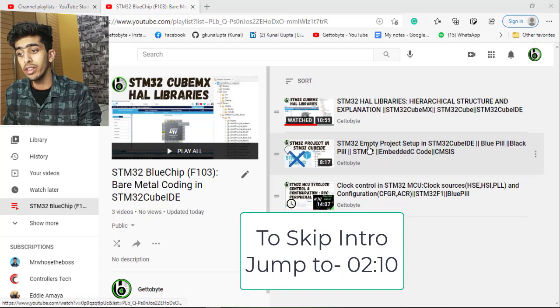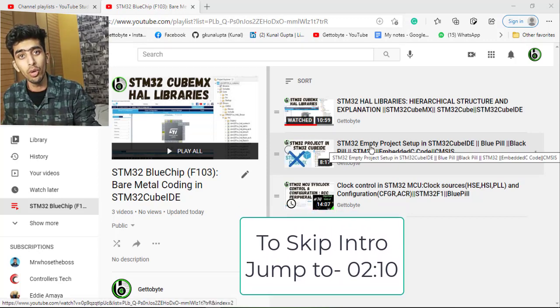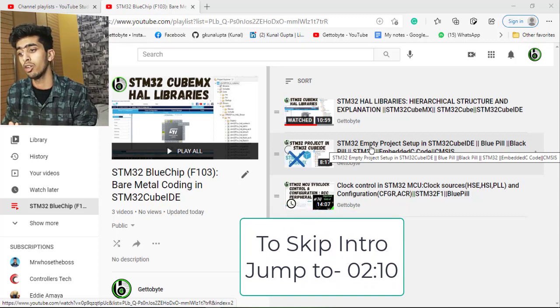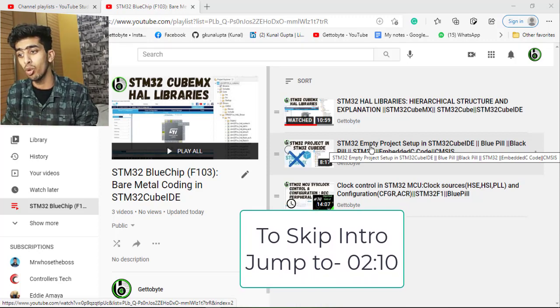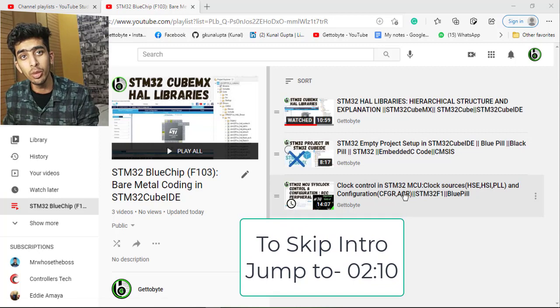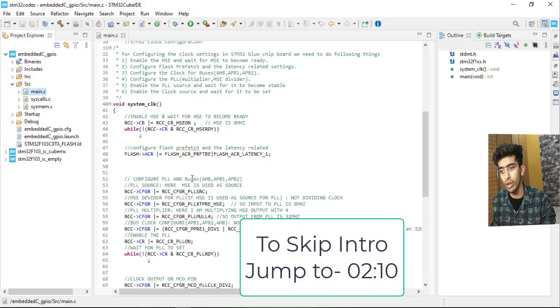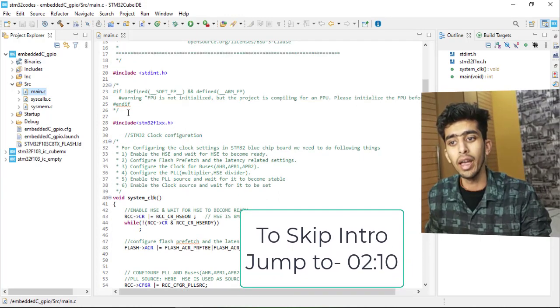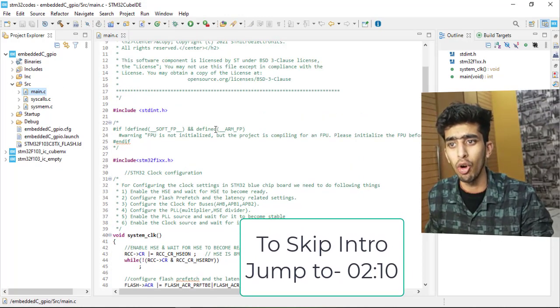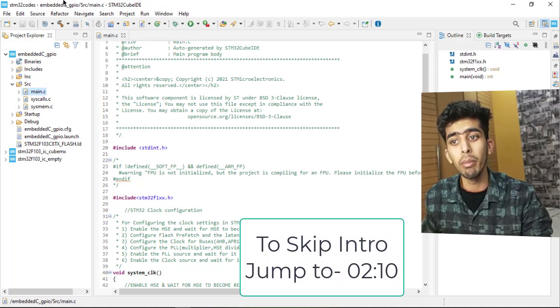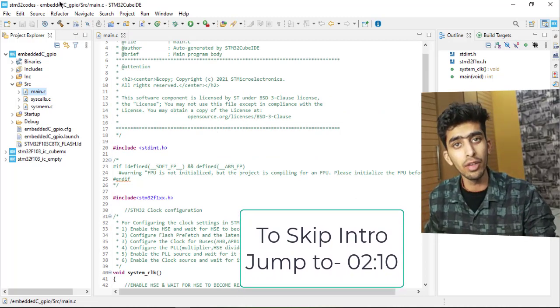Now, in continuation of this second video, in this video we will be writing the clock control embedded C code, which we understood in the third video. In the second video, we created a blank empty project on the STM32 Cube IDE by the name of embedded C GPIO that I have chosen.